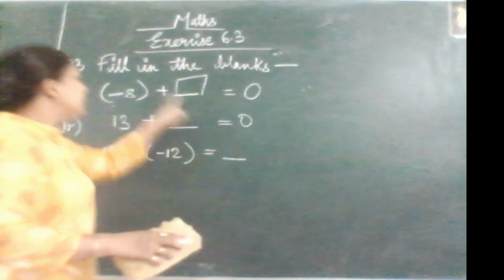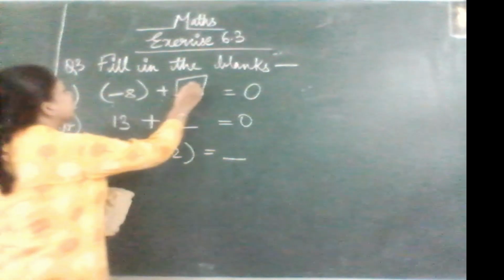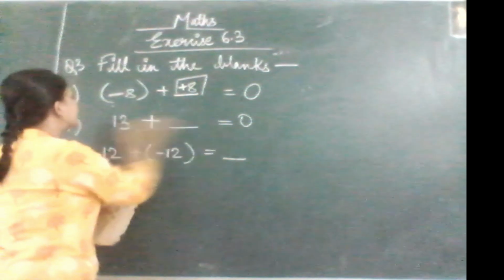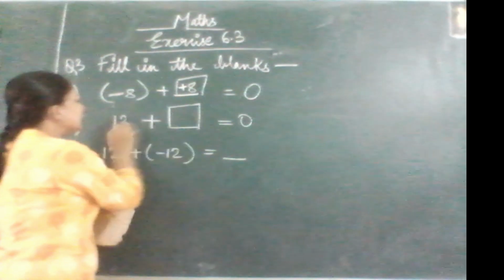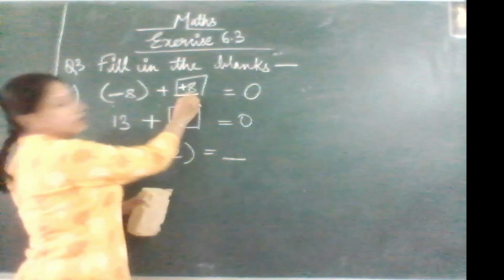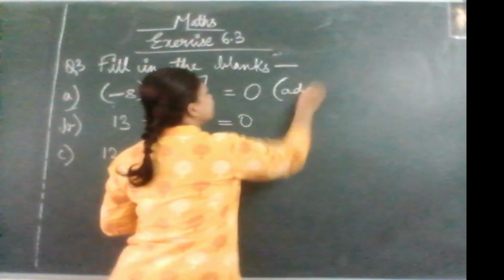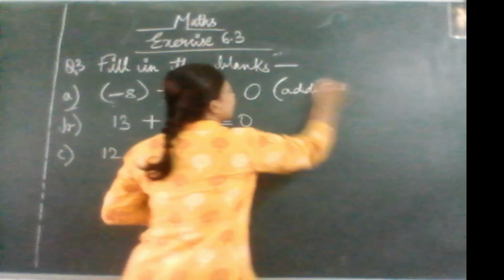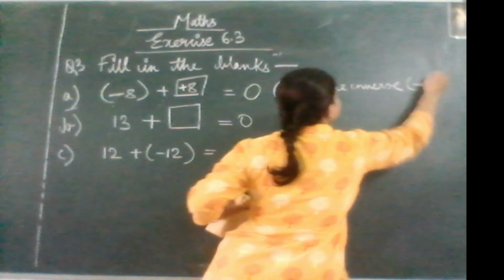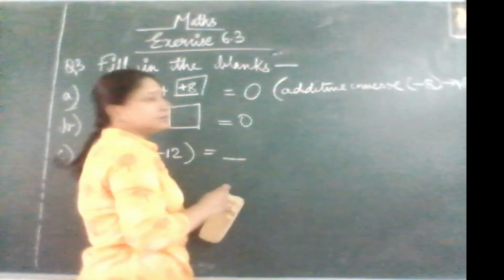You just have to see if they are saying that when the number will be 0, you take the same number but change the sign. See, here also they are saying 0. That means this time you will take additive inverse of 13. Here what we have taken, you write down the reason. Here we have taken additive inverse of which number we have taken? Of minus 8. So what is the answer? Answer is plus 8.